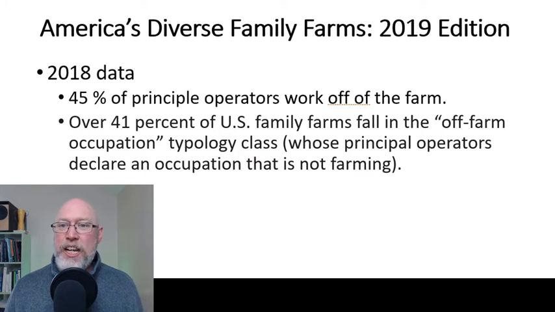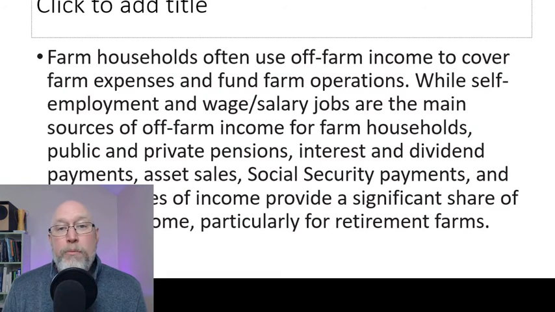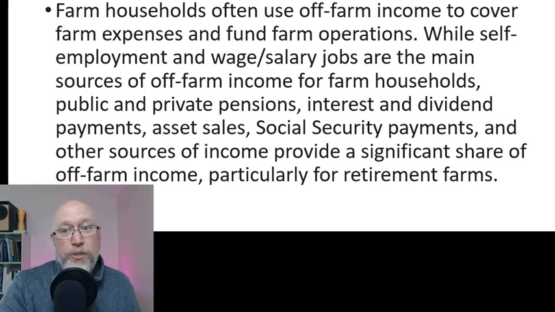And that's interesting, and it's important to remember when we think about the structure of agriculture in the United States. 41% of the farmers aren't actually farmers for a living. Farming is the side hustle. And this is the thing to remember. What's going on here in this 41% of farms that do something besides farm for their income is also true for a lot of other farms. Farm households oftentimes use the income they make off of the farm to fund the farm, right? And that's a real important thing to remember.